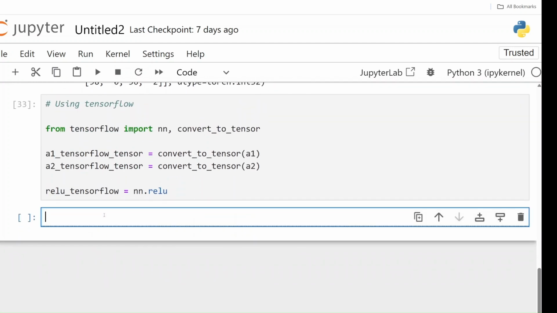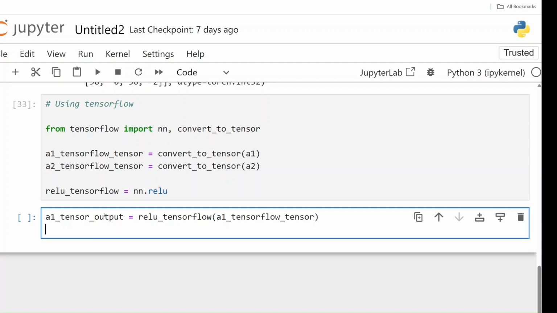And now let's try to use this. So A1 tensor output is equal to, we're going to use this relu_tensorflow and pass A1 TensorFlow tensor to it. And then for A2 tensor output, again we're going to use relu_tensorflow, and we're going to pass A2_tensorflow_tensor.